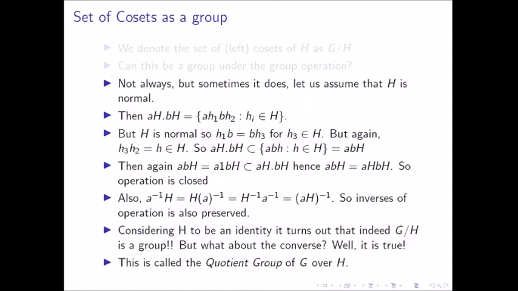This group G by H under the same operation, when H is normal, is called the quotient group of G over H. We are basically quotienting out H or taking mod H. An example over here, a familiar one, would be Zn, which is basically quotienting out nZ out of Z, or it's the quotient group of Z over nZ. We'll see more in the assignment.